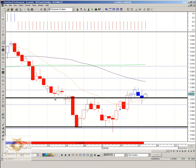and support. So if we are to see support here, you can see the two parts of our CTC strategy. We have a blue arrow and blue candle. We however don't have the CTC on either side. What we do see is price trading above the 20-period moving average, which is important. But what we need to see, if we're going to see further extensions to the upside, as we've seen on the first extension,